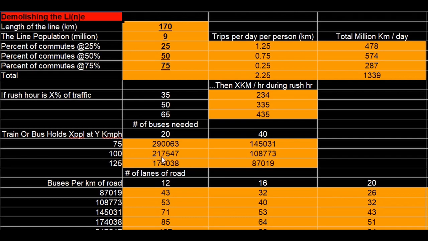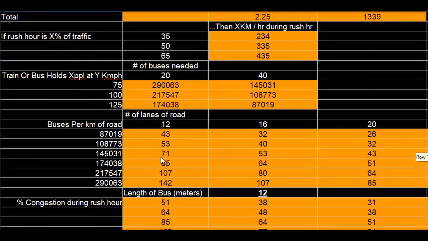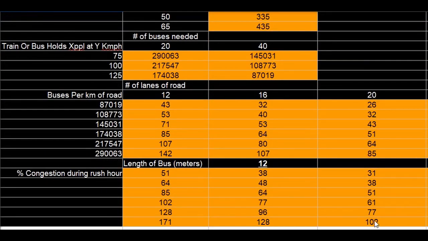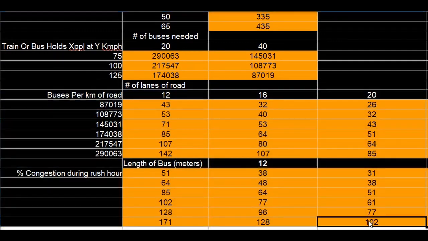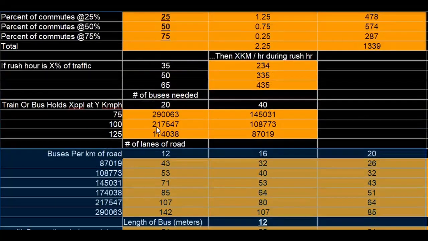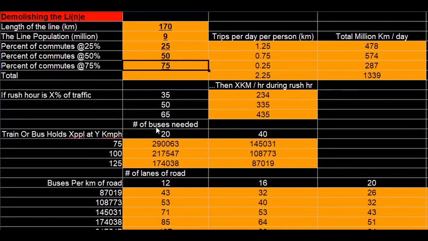And yeah, we can try and combine the train math with the bus math, which will be very difficult. I'm not sure if I'm going to be able to do it. There's already a lot to the bus math, as you can tell. But look for part 2 of demolishing the line, probably in the next few days. And then maybe I will do a part 3.